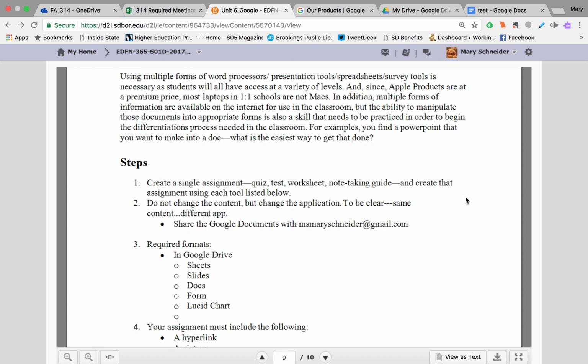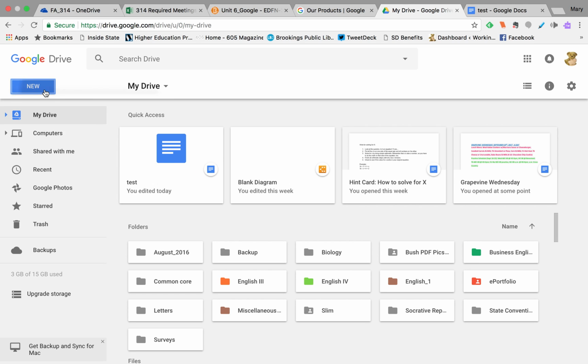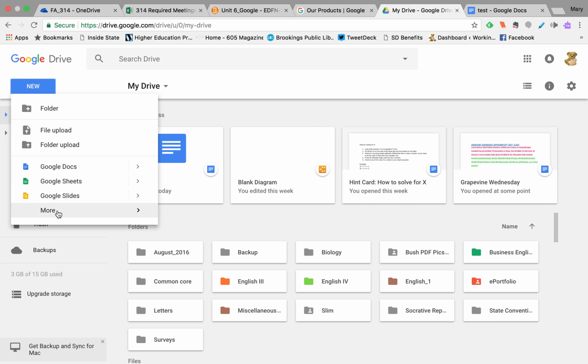So what you're going to do is you're going to create an assignment. I don't care if it's a quiz, a test, a worksheet. You can take that from somebody on the web who's already created it, or you can create your own. It doesn't have to be anything real elaborate or real complicated. And what I want you to do is take that very same assignment and make it into a Sheets, which, if you're in Google Drive, Sheets is the equivalent of